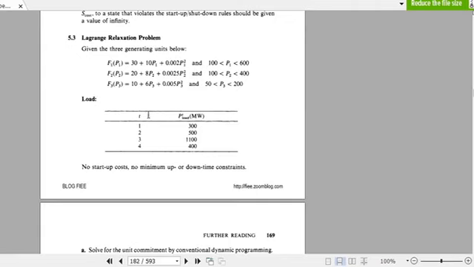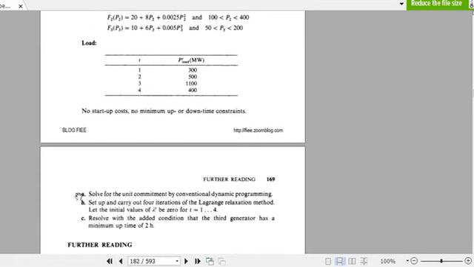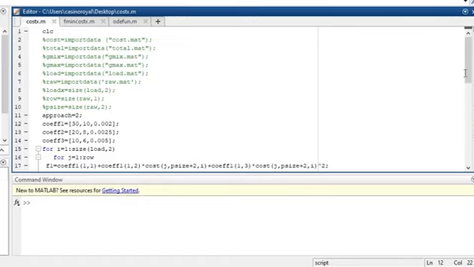It's important to say that I just wrote this code for this part. I just solved the A part of it, not B or C. And I just considered no startup cost, no minimum up or down time constraint. Okay. Now, as you can see,